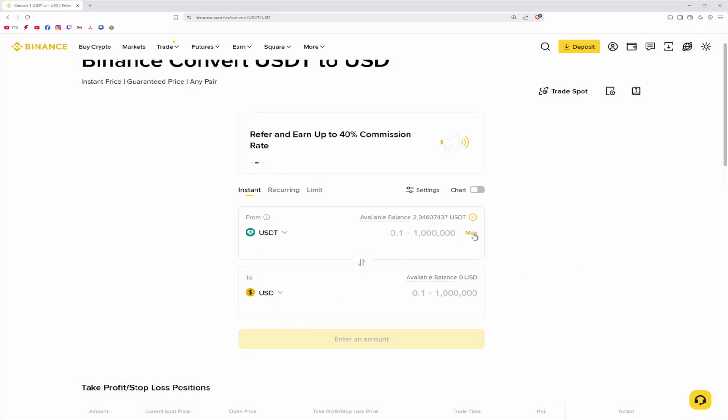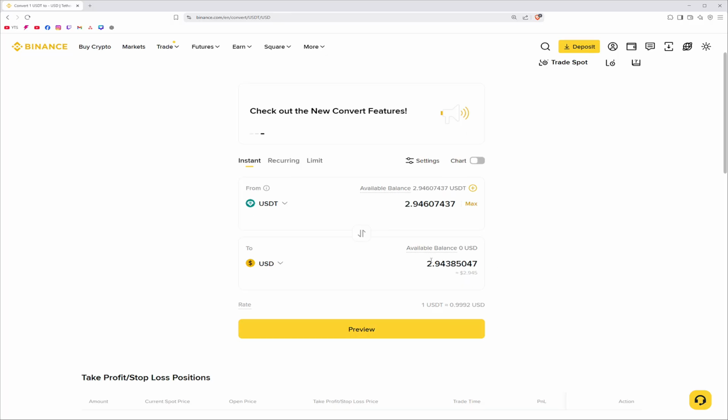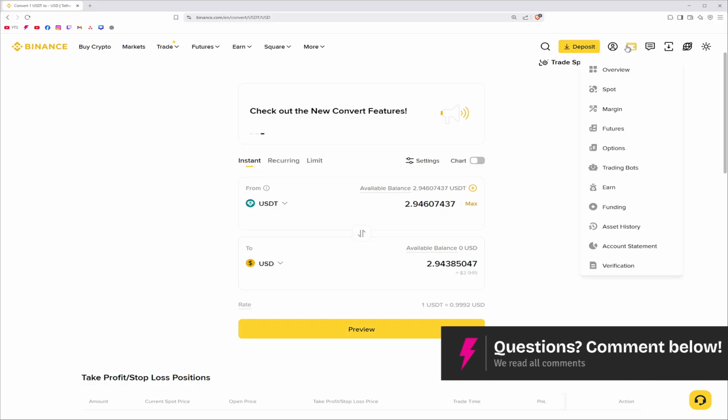Now, once that's done, again, let's max it out. And for this amount of USDT, you will receive this amount of USD. So you're going to want to click on preview and make sure that you have verified your account. Okay, click on preview, follow simple prompts. And once that's completed, go ahead over to your wallet right here, click on spot, and then